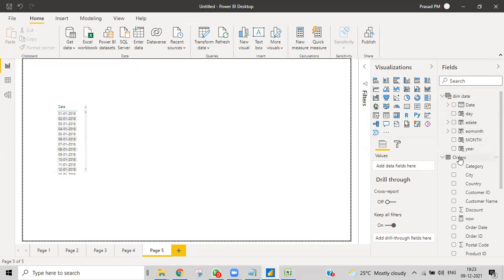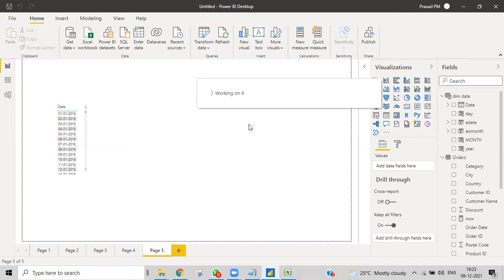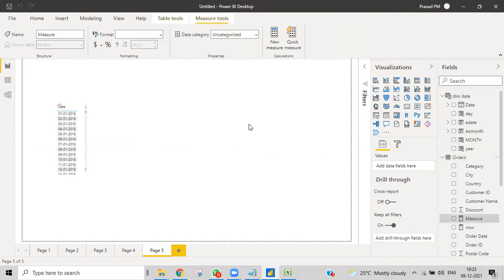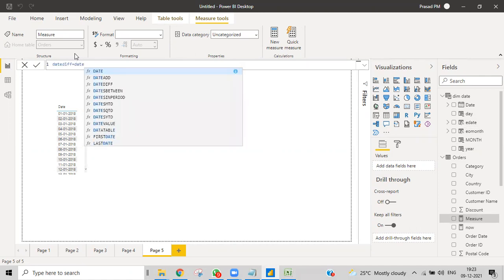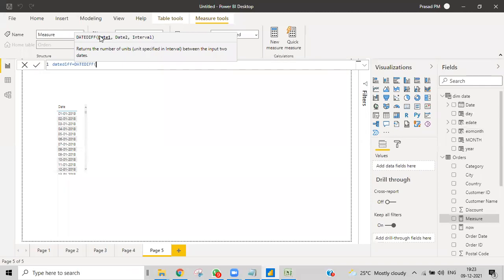So right now I take a measure and calculate some hardcoded things. And then what is date? What I'll do is write DATEDIFF. Here we need to give two dates, first date and second date, and then enter.